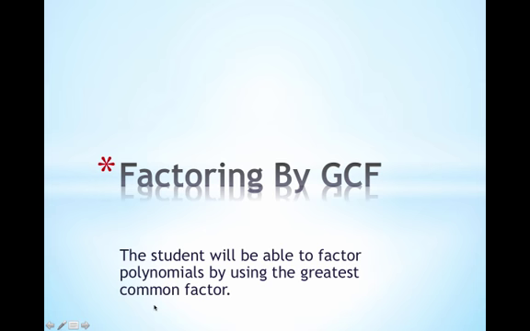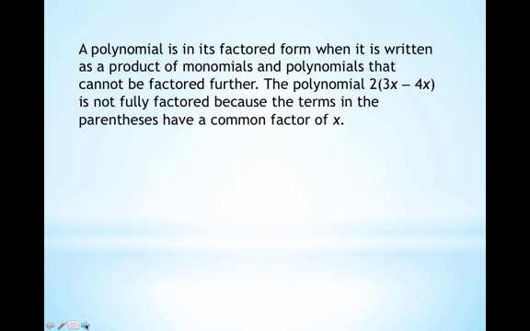We're going to be factoring by the greatest common factor, and we know how to find the greatest common factor, and now we're going to apply that to polynomials. A polynomial is fully factored when it's written as a product of monomials and polynomials that cannot be factored further. That sounds complicated, but all that means is if I have an example like this, 2 times 3x minus 4x,